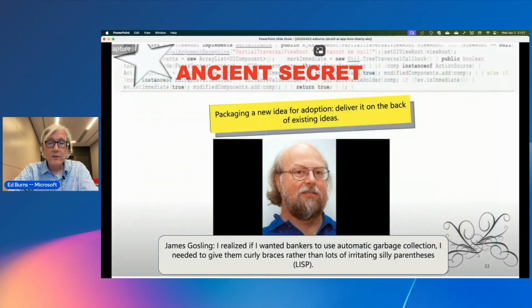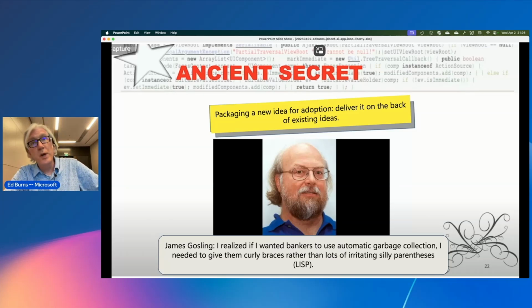This is a little plug from a book I wrote a long time ago about secrets of the rockstar programmers. And this gentleman here is James Gosling, the inventor of Java, widely credited as such. And the lesson I'm using to share this here is how do we get a new idea adopted? And in this case, the new idea is agentic AI, not generative AI. Agentic is coming. Well, the idea is to package the new idea in the guise and clothes of the existing idea. So for AI in Java, what that means is exposing APIs that you're already familiar with. And that's what this LangChain4j project does.